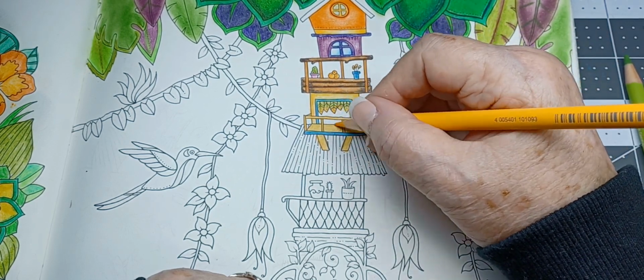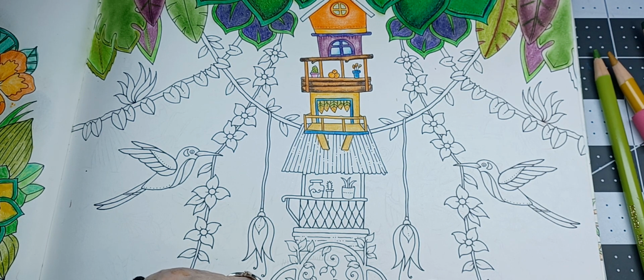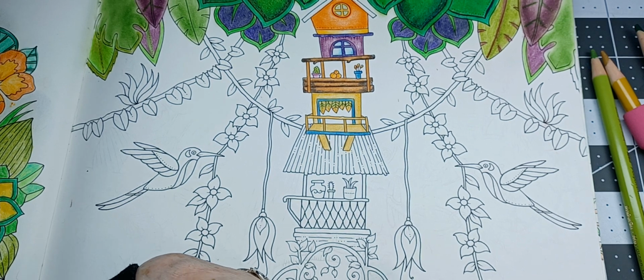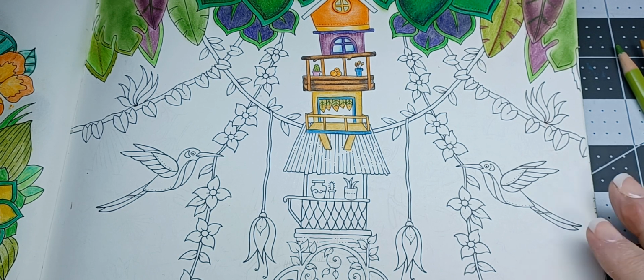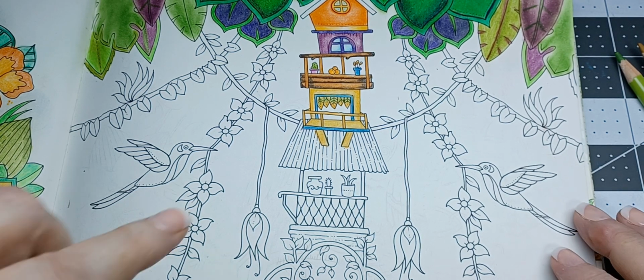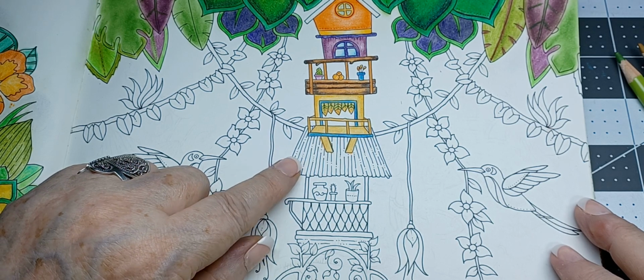But I'm wondering what color in here. What should we do? That always kind of gives me a, like, what should we do? I don't know. Because it's supposed to be, I think, like a little. Let's leave it alone. When you don't know what to do, leave it. All right, so now we got kind of a little. I was going to say it was a tin roof, but it's probably